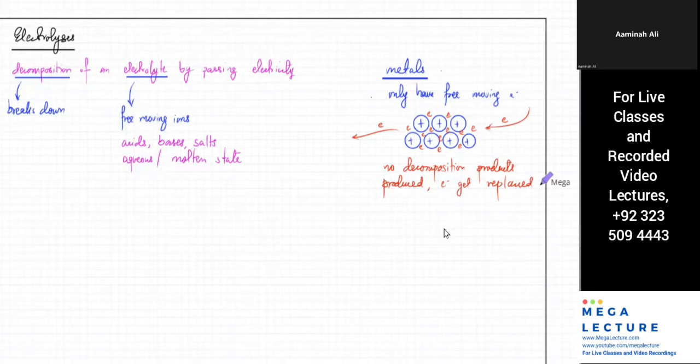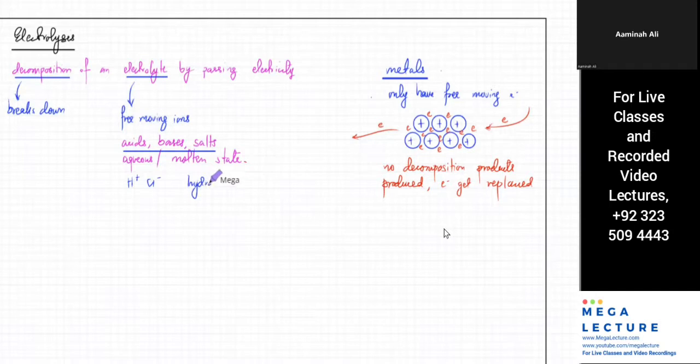But when you do the same thing to an electrolyte, acid, base, or salt, or anything that's got free moving ions, electrolysis will happen. Let's list down the acids, bases, and salts first. It's basically any typical ionic compound, or a compound that will react with water or dissociate in aqueous solution. Some of these are not ionic compounds, like acids. HCl is a covalent molecule. But when you mix it with water, it turns into H+1 and Cl-1 ions. That's hydrochloric acid.